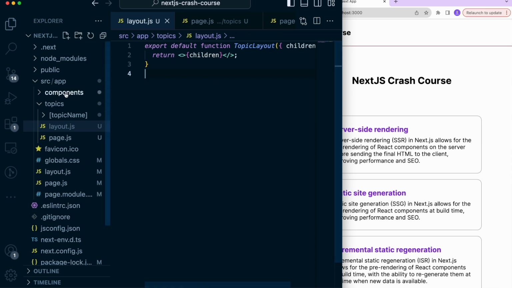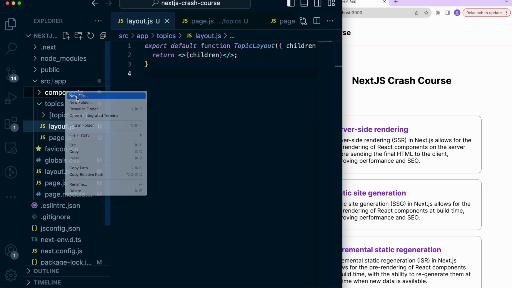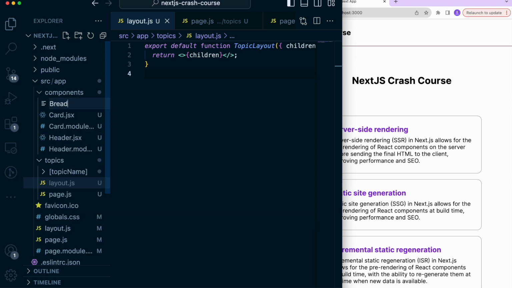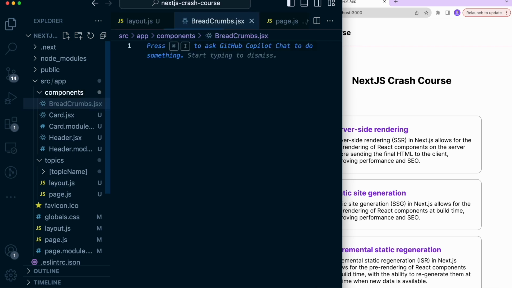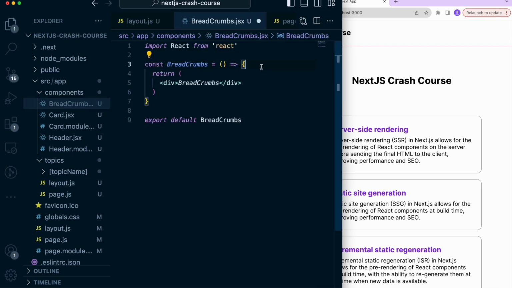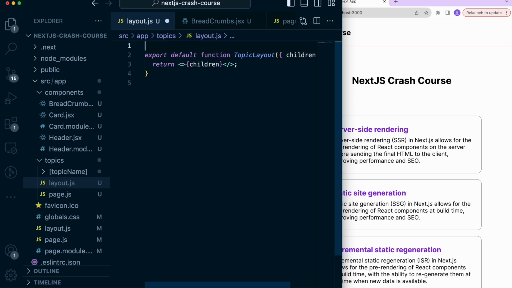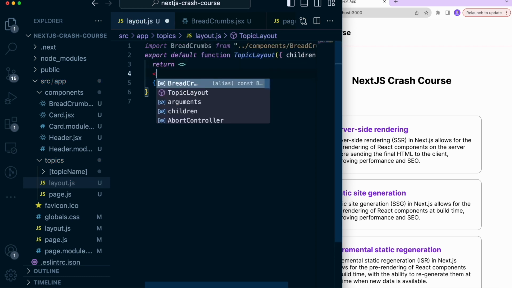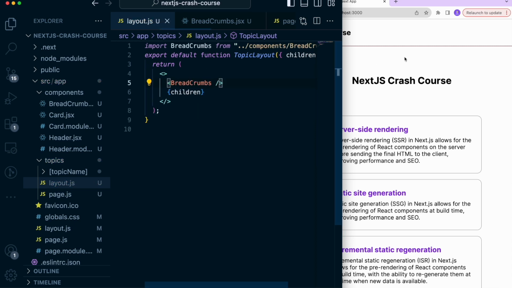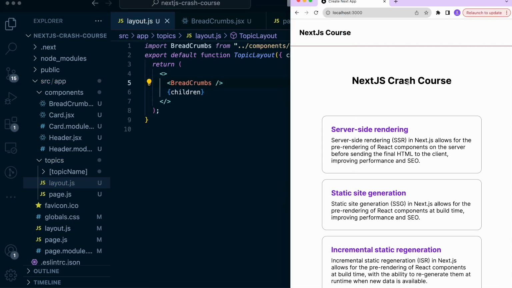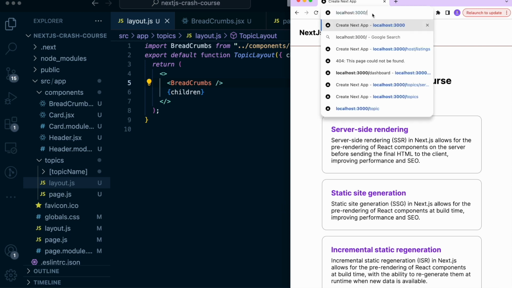And I'm going to create a new component for the topic layout. Let's do new file, and this time we're doing breadcrumbs. So let's save this and import it in components. If we add that in here, it will just show not on the main page, but if we go to topics,